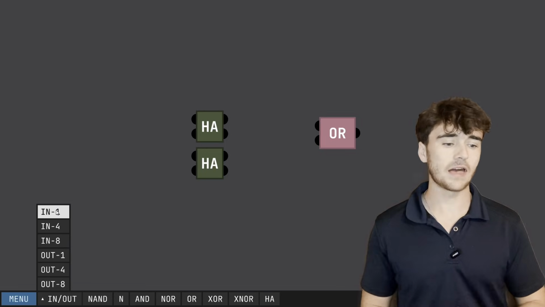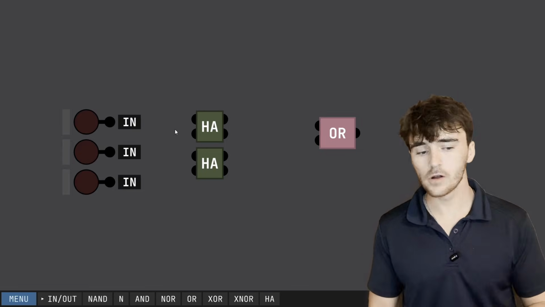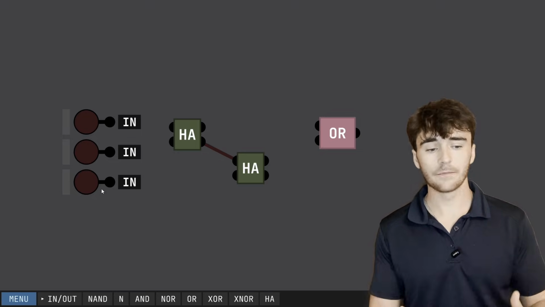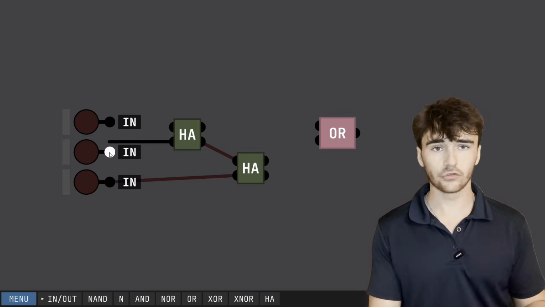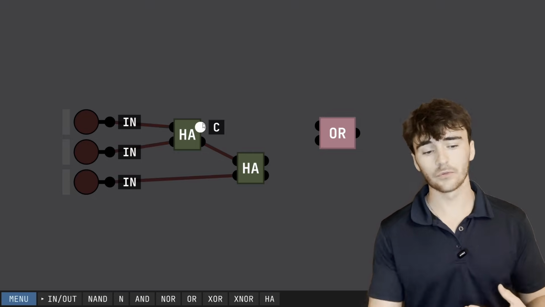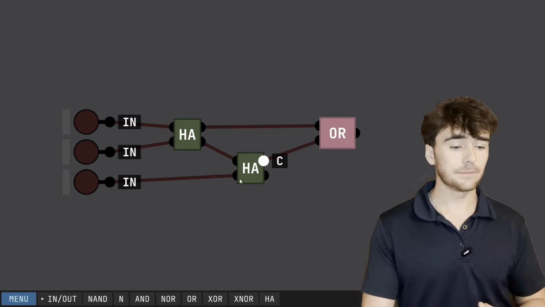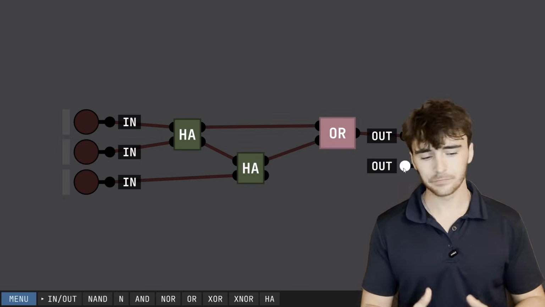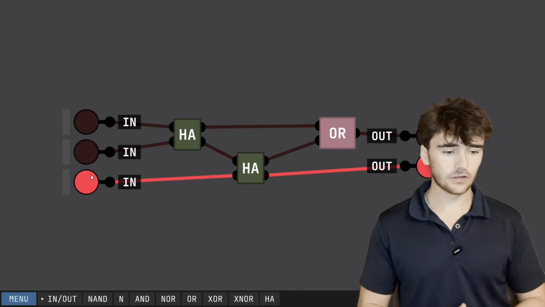So if you take two half adders and an OR gate, you can make a full adder, which can add 3 numbers up. And then we use the third bit as a carry input from the previous half adder, which you'll see when we make our ALU, our arithmetic logic unit. With 8 bits, we got to carry, we got to ripple them through each other. But this is the full adder right here. And yep, it works good, so we're going to call it full adder